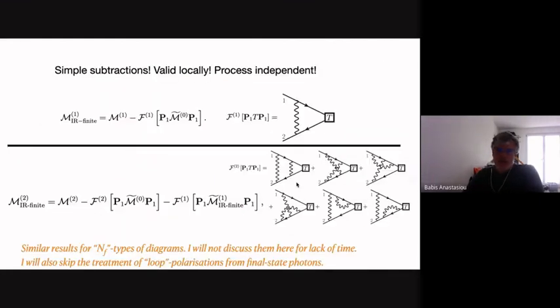So at the end of the day, after this hard work, what we managed to do is to be able to factorize our singularities. And here is how our subtractions look like at two loops. We take the two-loop amplitude, then we take the 2-to-1 amplitude with some complicated vertex, which is full 3 amplitudes, but without any loop momentum dependence, and subtract them away in this term here. These projectors are instead of the external spinors in the kernel.